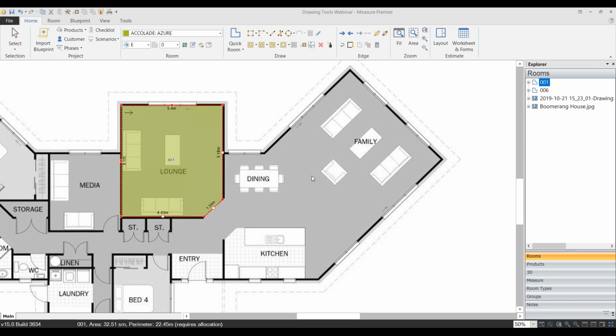Very useful little tool there to make the most of the rectangle drawing tool. Now we're just going to go around this room using the right angle tool. We're going to start from this corner, and you see why it's important at times to choose where you start in order to be able to finish off using the space bar. So we go here, I'm just going to go around this